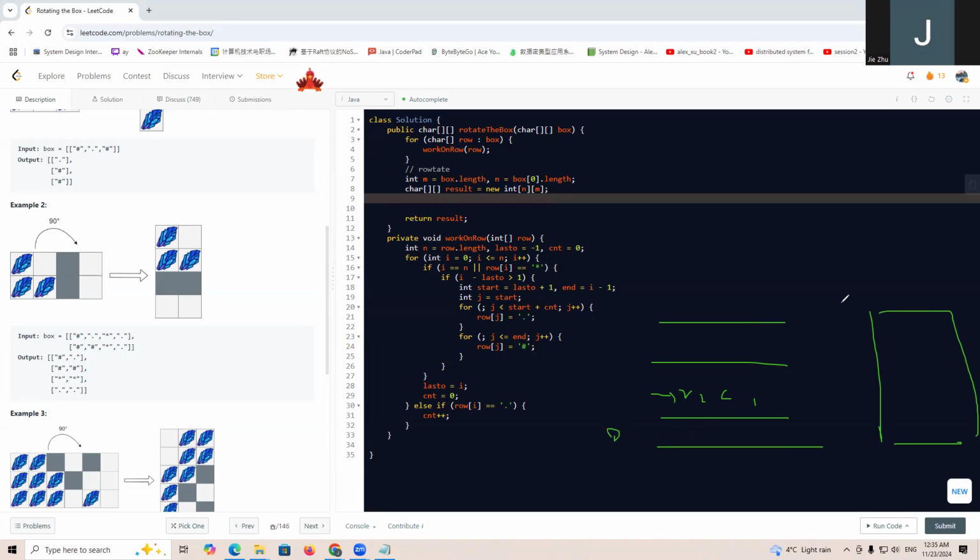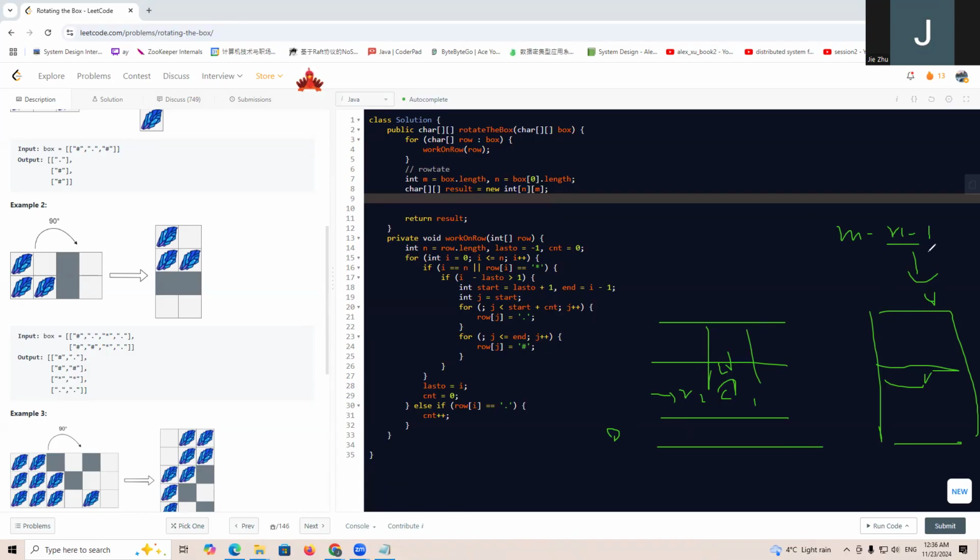So m multiplied by row multiplied by 1 will become the new column, right? And this column will be its row, right? Column will be its row. So what we do is that if we know this transition, we just need to fill in the new